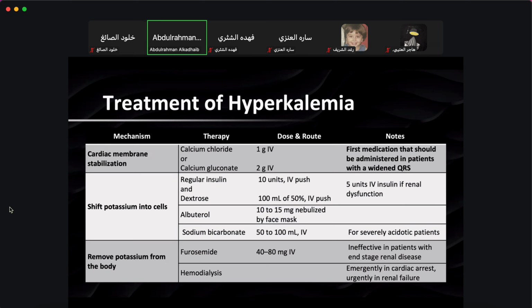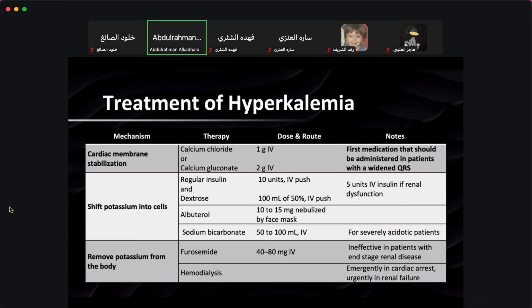and the sodium bicarbonate. And basically the insulin with dextrose, again, this will cause shifting of the potassium into the cell, but just keep in mind the dose of insulin in patients with renal dysfunction should be lower, which is basically 5 units instead of the 10 units that we use in other patients with no renal impairments. And the reason for that, basically because patients with renal impairment will actually have very limited ability to excrete